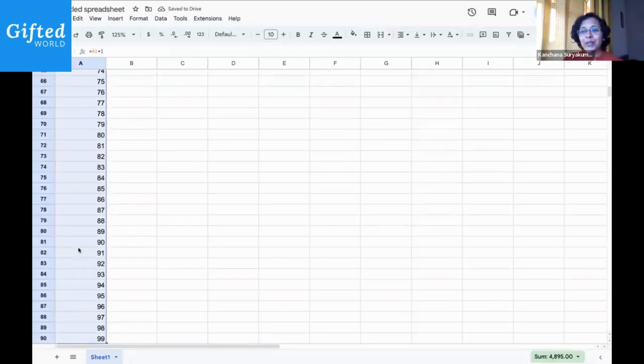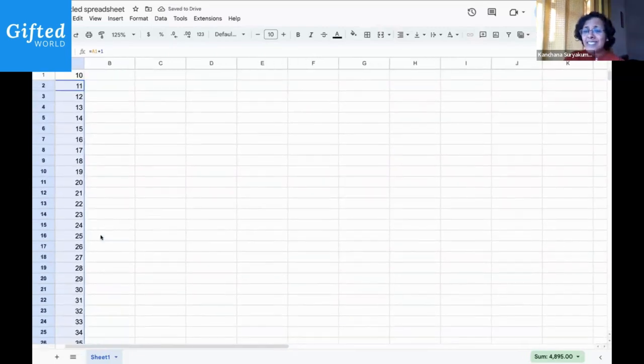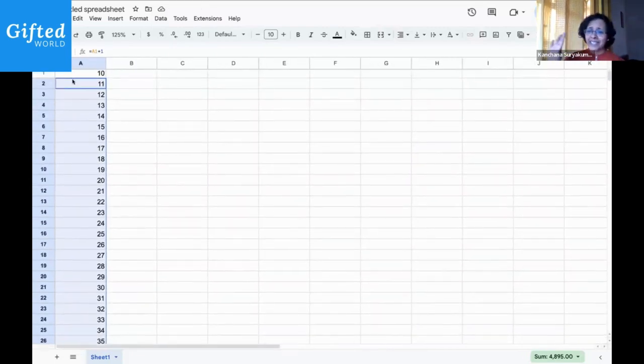Very nice. Let's scroll up to the top. I find this the most exciting. No matter how many years I've worked with Excel, this autofill feature is by far the coolest feature ever. Okay. Now, in the number jumbler, what did we do? We had to subtract the units and the tens digit value.